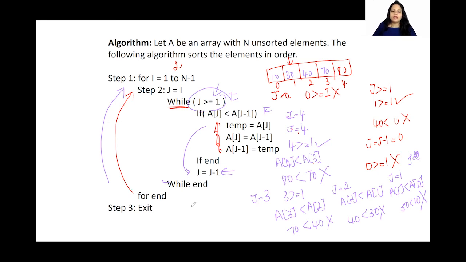Now, the i value is going to get incremented to 5, isn't it? But our condition is only till n minus 1. And what is our n minus 1 value? Which is 4. That is why when i becomes 5, this particular condition becomes false and we are going to come out of our for loop also. And we are going to exit our algorithm. Now this is our final output and this is in sorted order, isn't it?